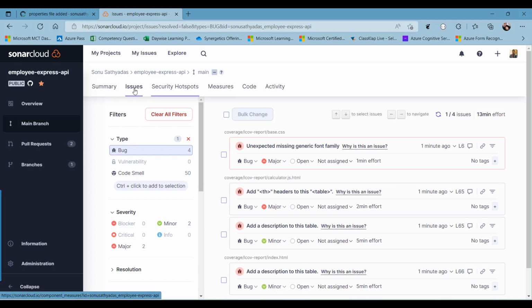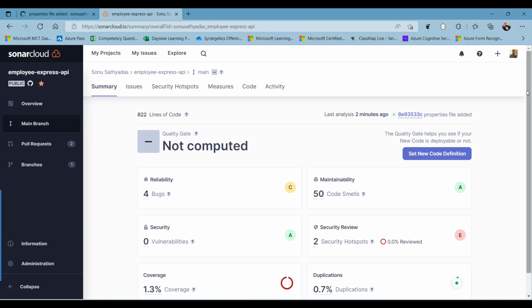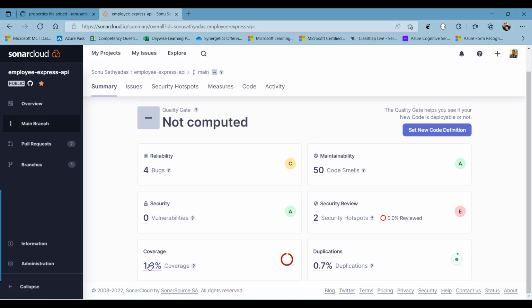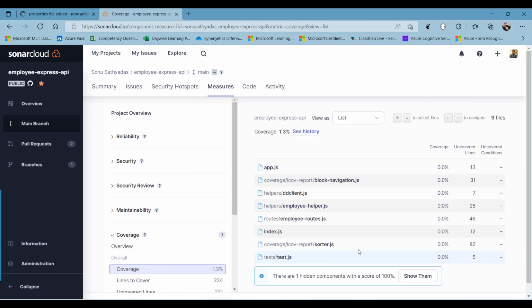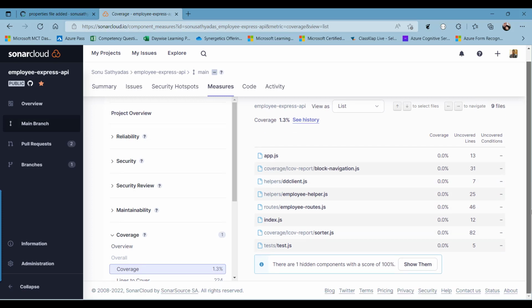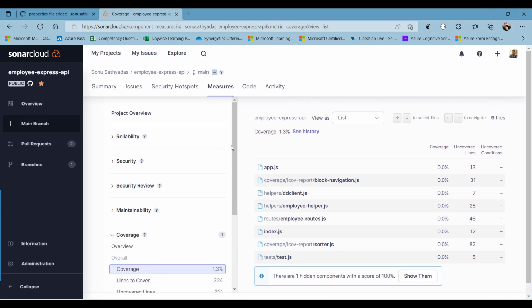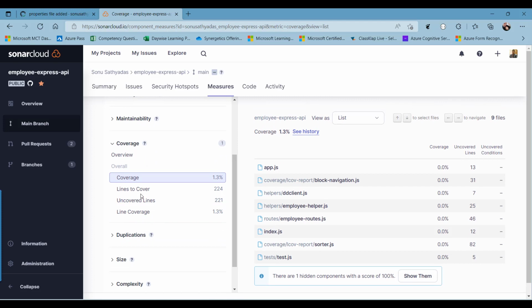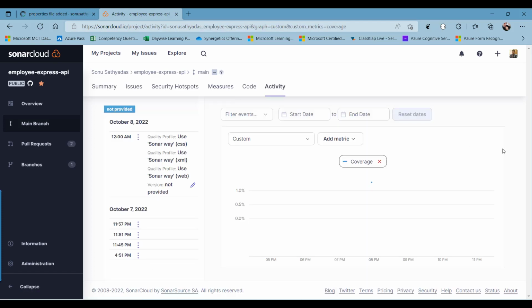Also, you can see the code coverage, where you will see the lines to cover is 224 and the coverage is just 1.3%. As you see here, this is the complete information about this